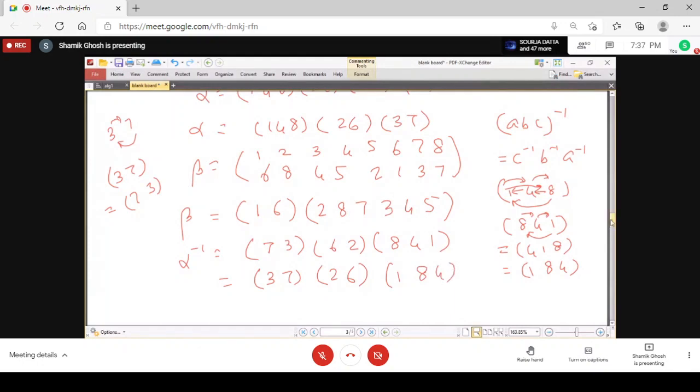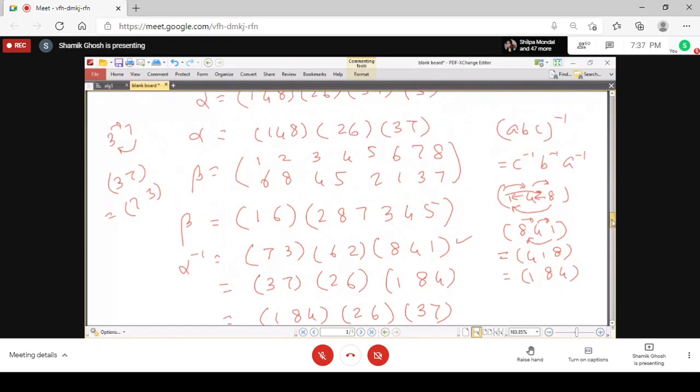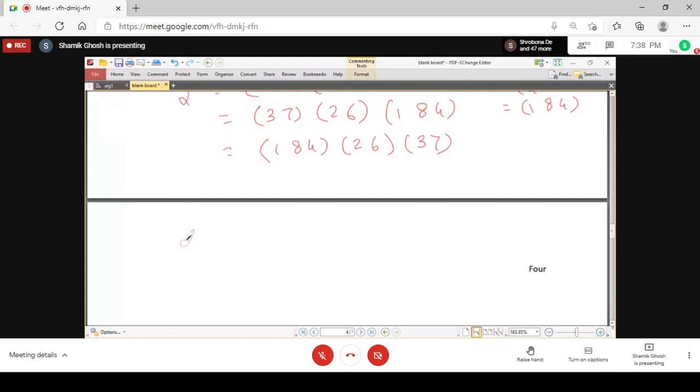Finally, since all the cycles are disjoint here, they are commuting with each other, because the mapping concerning only 2 and 6 will not affect the other numbers. So the disjoint cycles will commute. So you can write this in this way, 1842637. But whatever, you can write it in this way also. There is no harm in it. I am just making it nice looking, nothing else. Now let me write all this here.